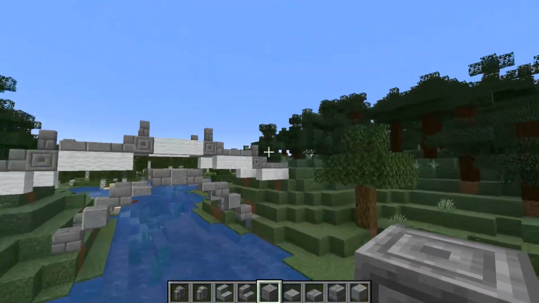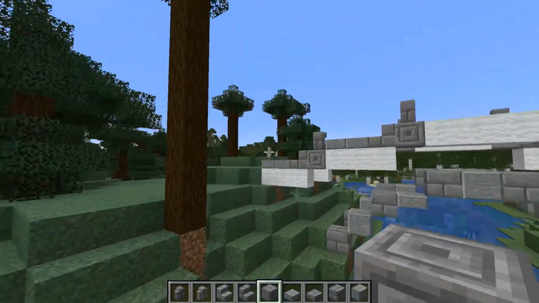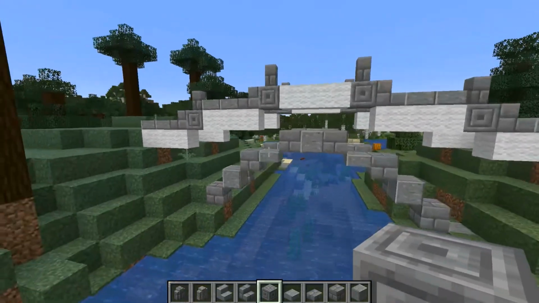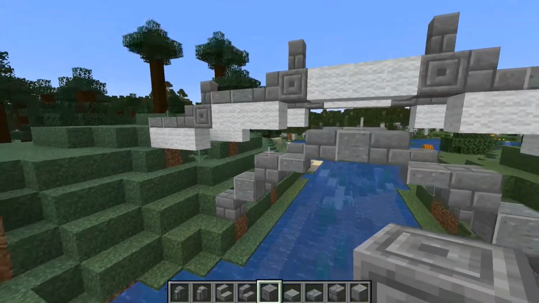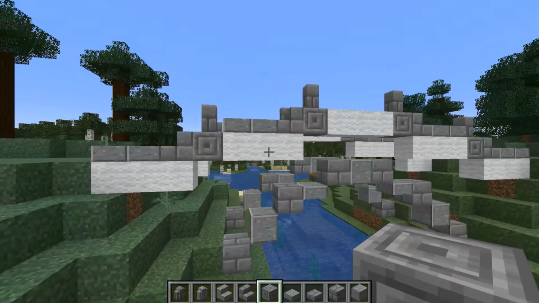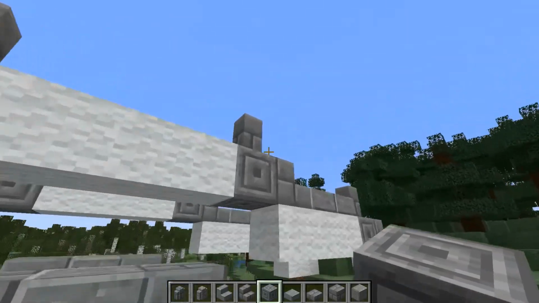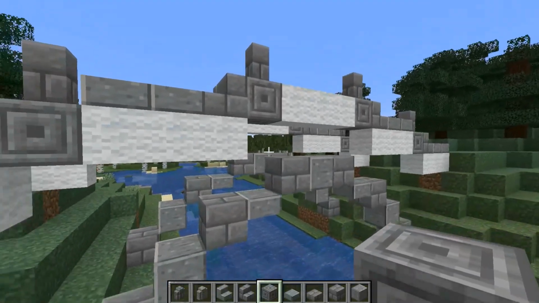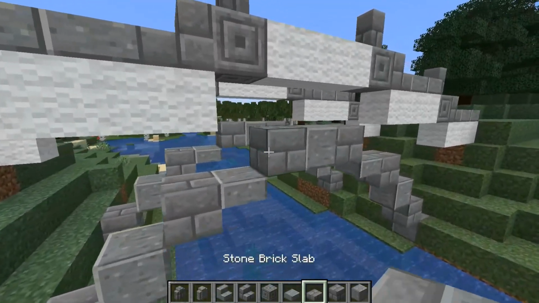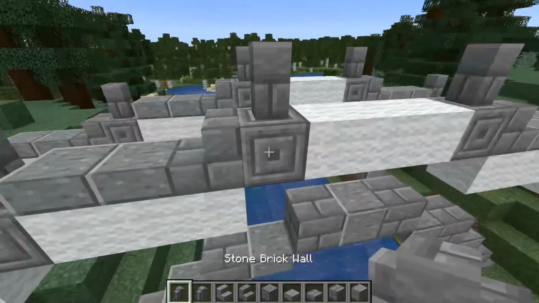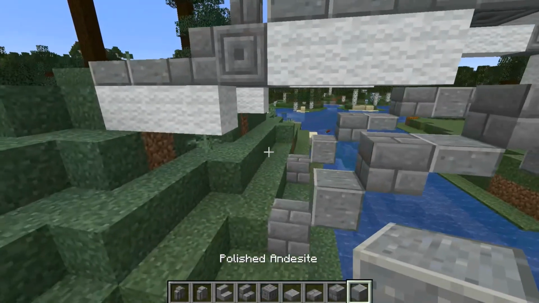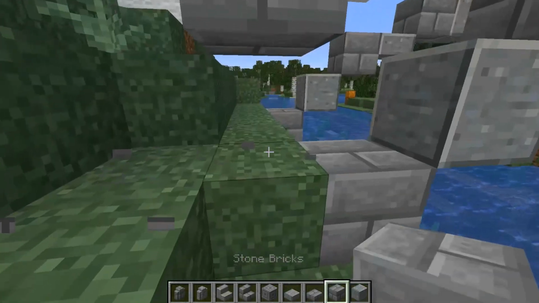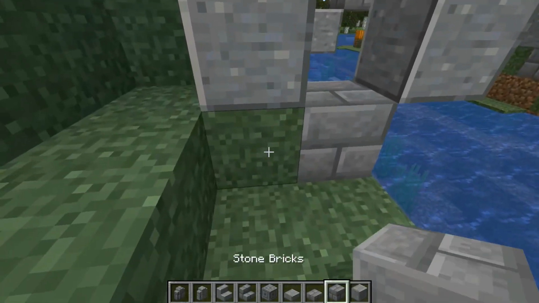So now that we've figured out how the arch at the top of our bridge is working, we've figured out where our little retaining wall to keep people from just walking in, or at least to tell them they're not supposed to walk in, is going, we move on to the next step. And the next step, well, we've put these chisel bricks just all around, and they usually serve as great post points for lamps and stuff. But I also find them as a great way to just break up parts of the bridge. So if we come in with the same trim block from earlier,